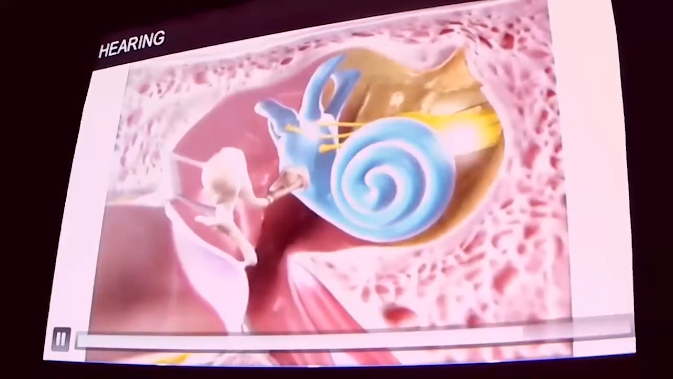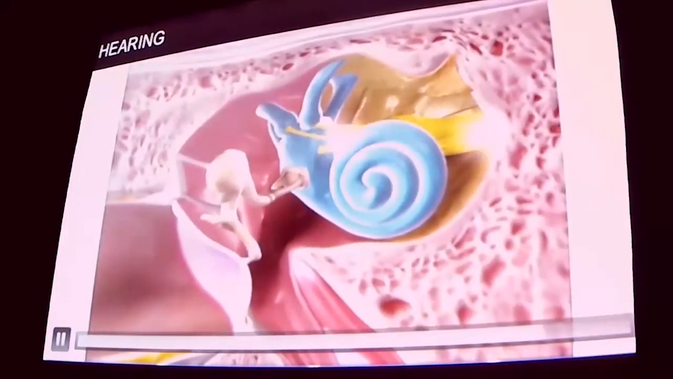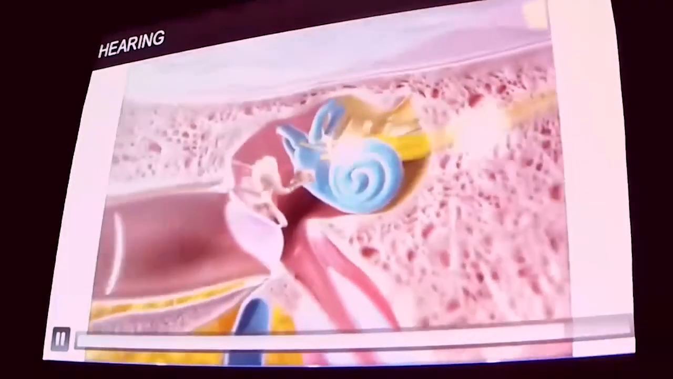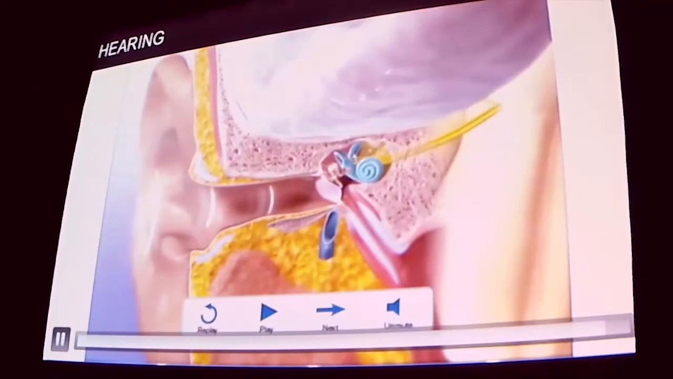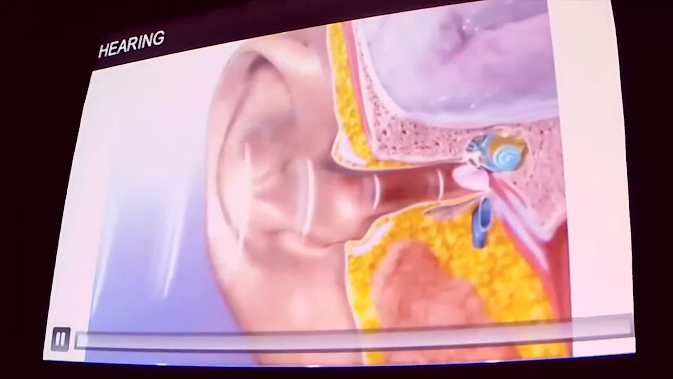Signals are then carried through the vestibular cochlear nerve, this cranial nerve 8, to the temporal lobe of the brain where they're interpreted as sound. So this is what's going on as we start to get into cranial nerve 8, the vestibular cochlear nerve, and we start discussing